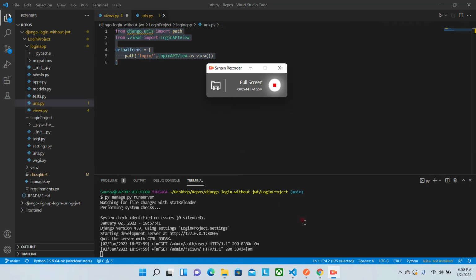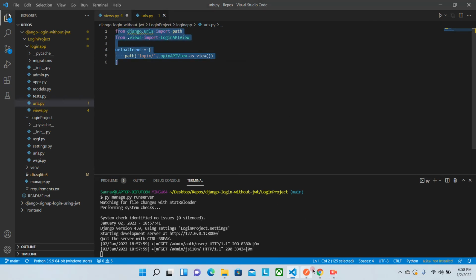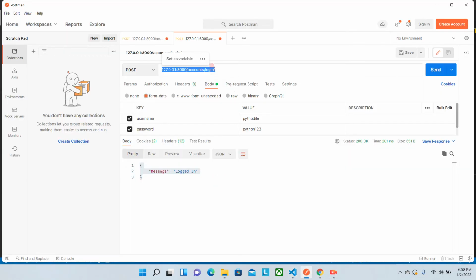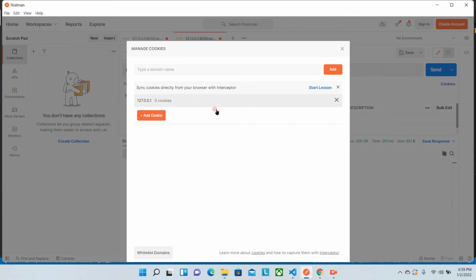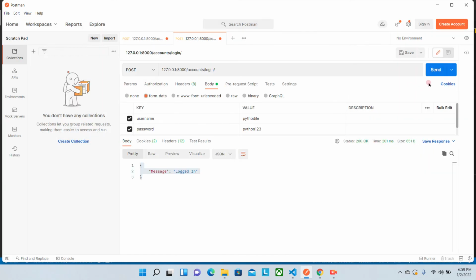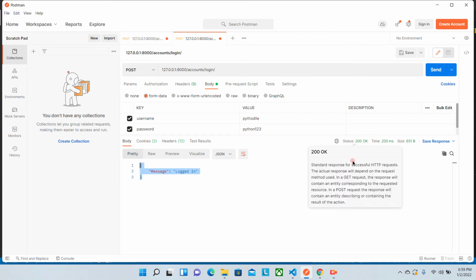Then I have to go and trigger the same thing over here. Now you can see there is no such cookie called session ID or anything else. Once we hit this API, we can see that we got a message as logged in, and this is the status code that we are receiving.